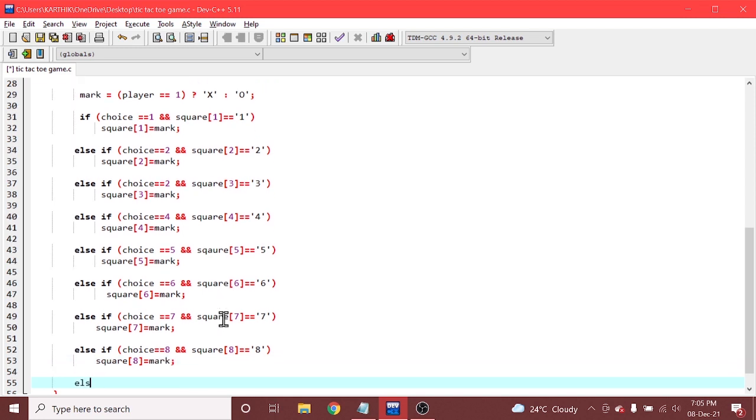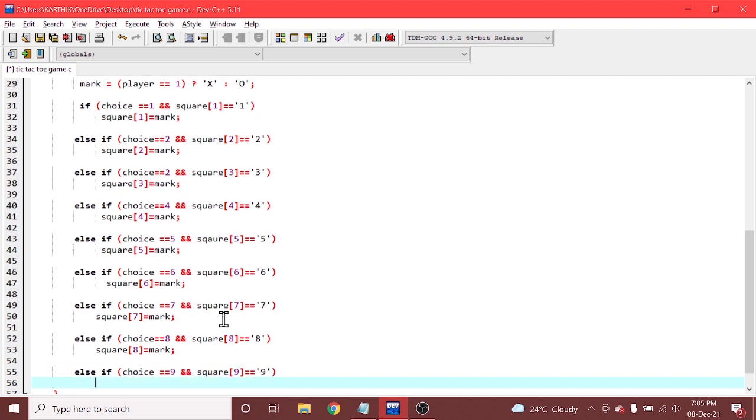And finally, one more else if case, right? Ninth element, choice is equal to 9 and square of 9 is equal to 9. If this condition is satisfied, we are giving square of 9 is equal to mark.